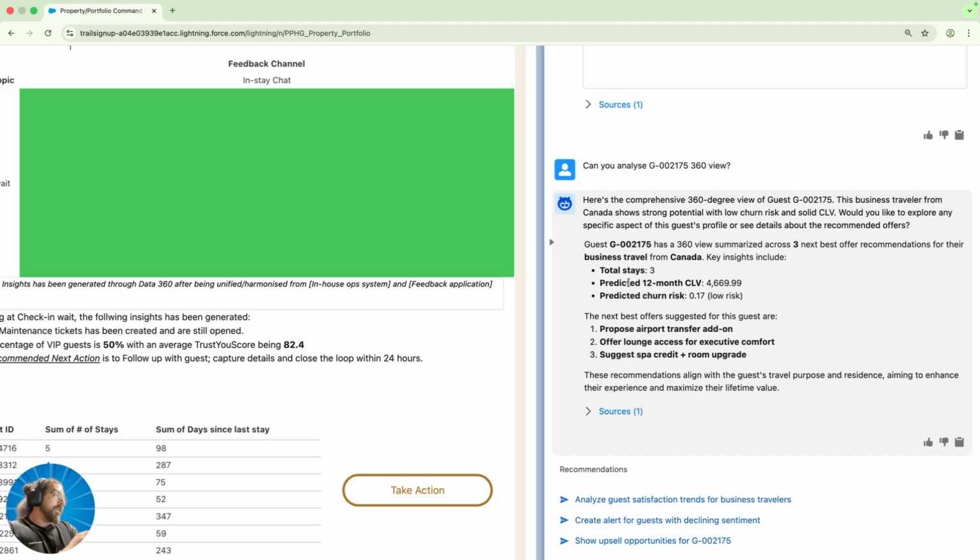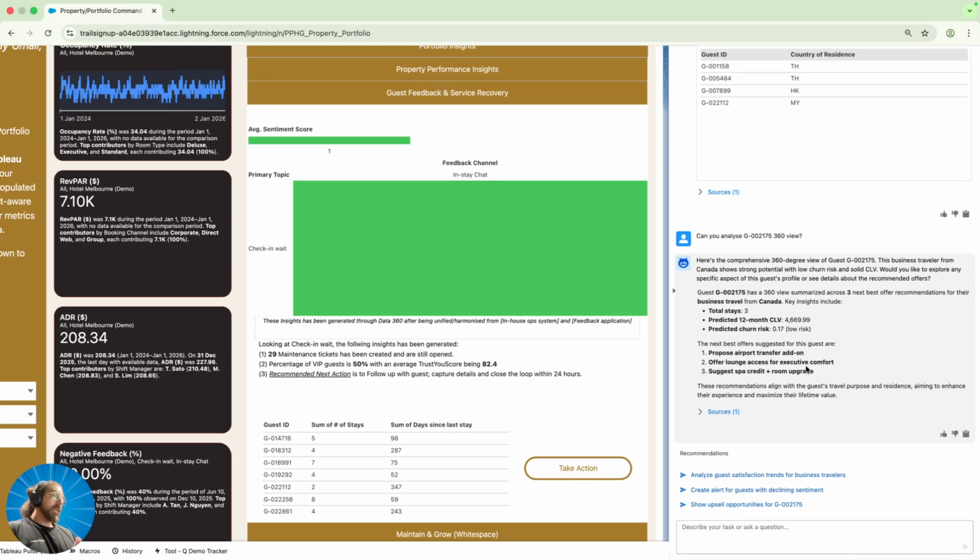I have predictions built into my Data 360, so I can look at the 12-month customer lifetime value. I can also look at churn risk, and most importantly, I can also look at what are the next best offers. So I can propose an airport transfer as an add-on, or offer lounge access, and so on and so forth. And that's the sort of experience that you can go and get, and that's what we call agentic analytics.